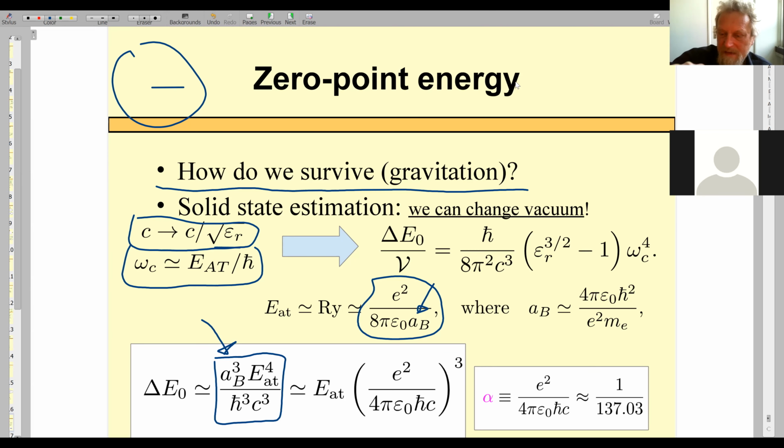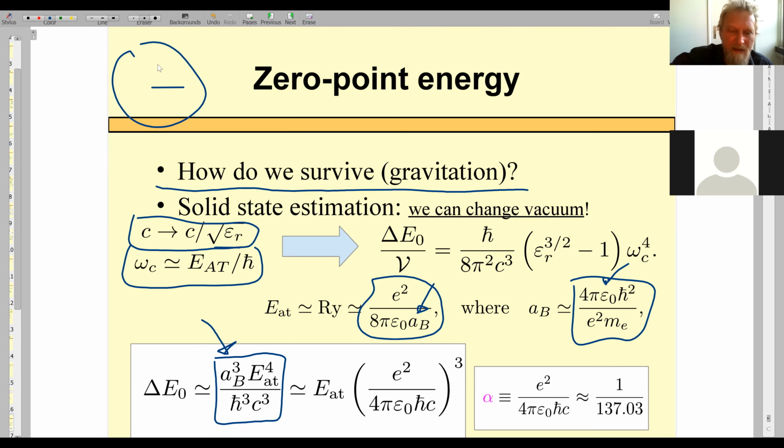And Bohr radius, that's a stupid dielectric constant of vacuum. Anyway, it's all consistent. Right, so I can rewrite this estimation, the change of energy due to modified vacuum,